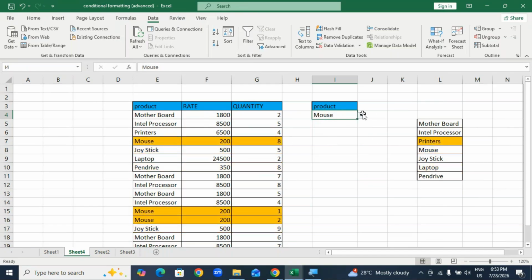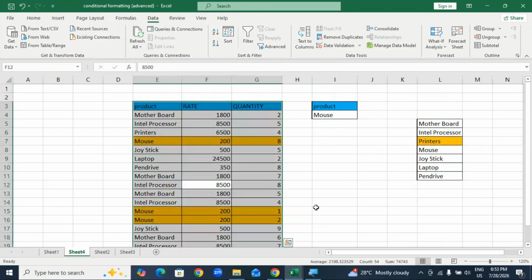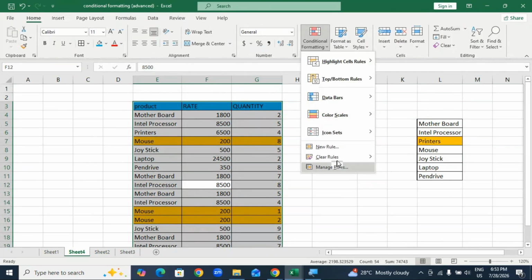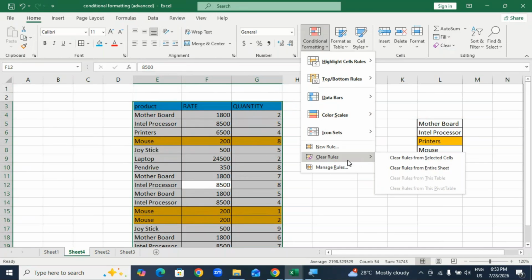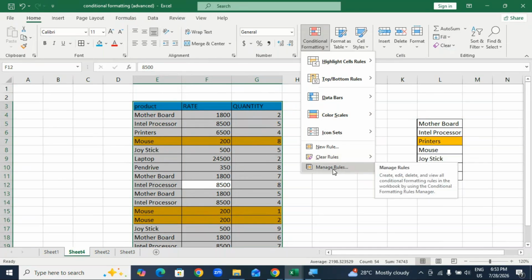So we can use that option. This is so called a mixed reference. If you want to display entire row information, we can highlight the options also. So this is what we call the mixed reference option. Once you apply the mixed reference options, if you want to clear, go to the home tab, conditional formatting. If you want to clear rule, we can. Or else if you want to edit the rule, go to manage rules. See manage rule: create, edit, delete and view all conditional formatting rules in the workbook by using the conditional formatting